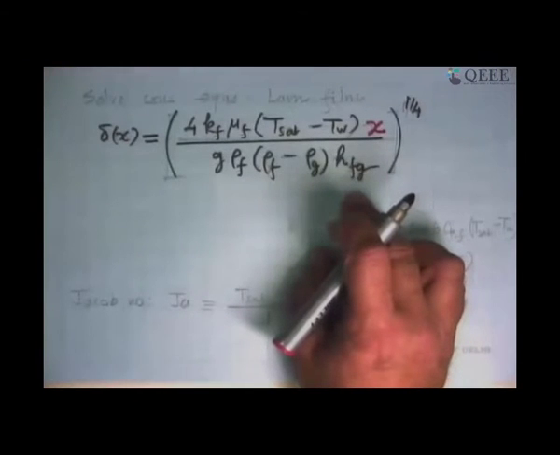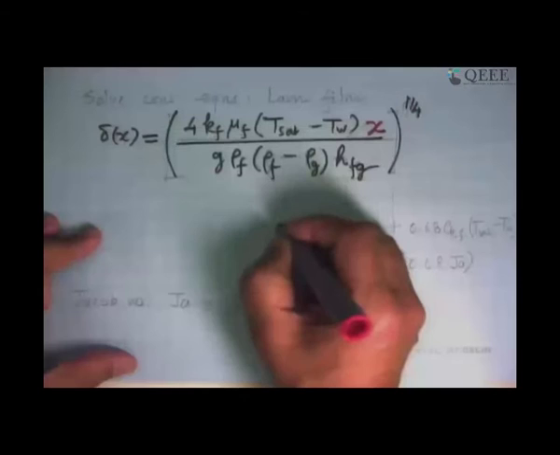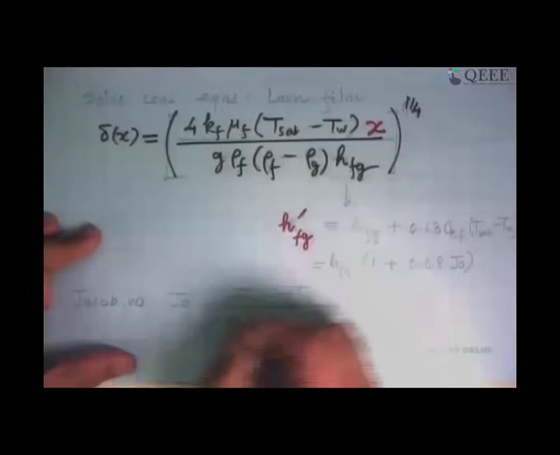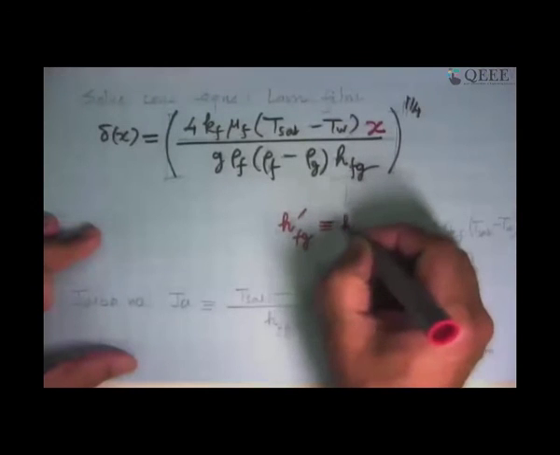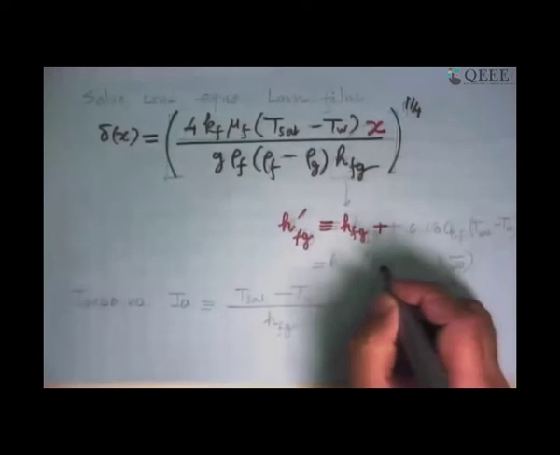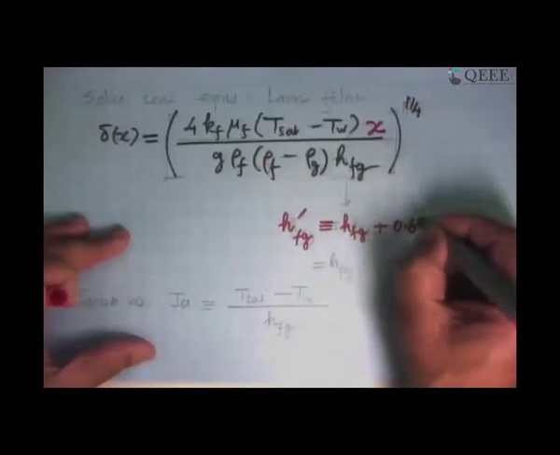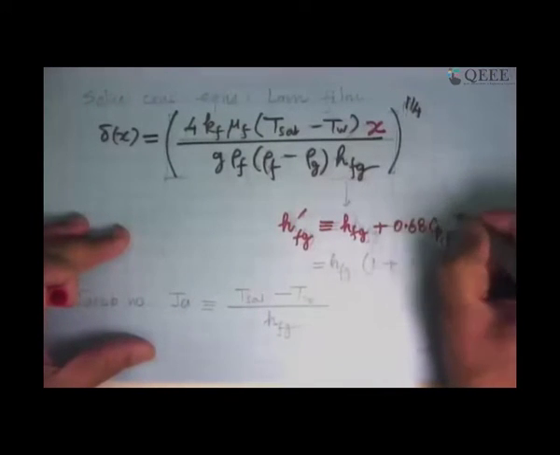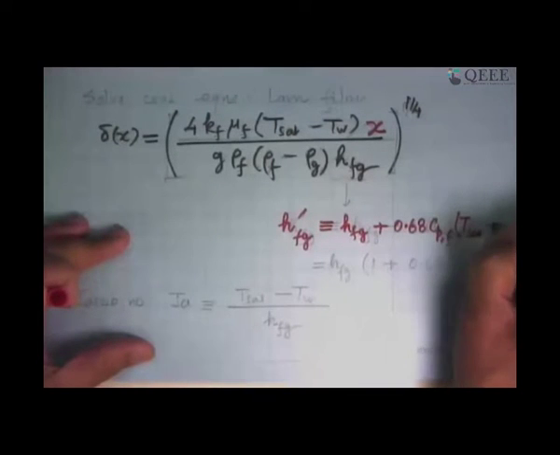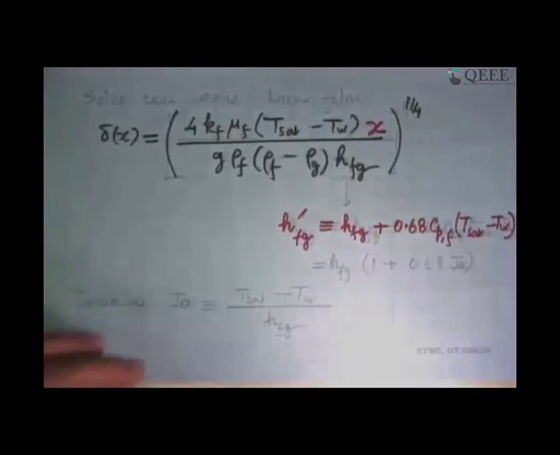Before we look at it again, let's look at HFG again. This was the energy taken away by the wall, but actually this is this plus a little bit of sensible energy that was taken from the liquid, because as we saw at the beginning, the film liquid there is going to be slightly subcooled all through the film. So we make a modified form of HFG, which is HFG prime, and this is defined as HFG plus some part of the sensible heat term, which is 0.68 Cp of the fluid Tsat minus Tw.